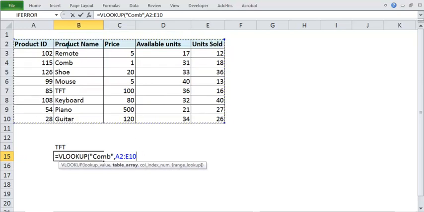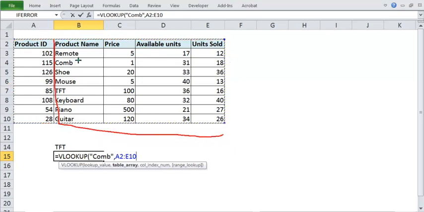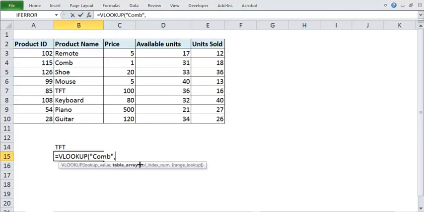Because the first column is what is being searched. Since you are interested in searching for com, which is in this column, you cannot take the entire table. Your table should start from here. So you should not take the entire table; your table will be changed and it will become only this.